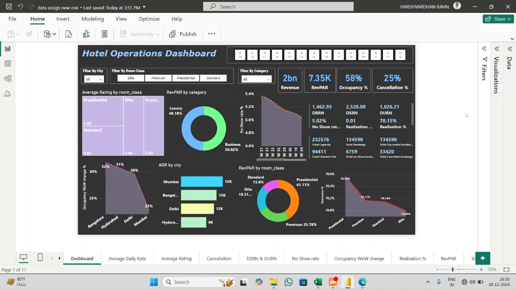Lastly, I want to thank my professor Mr. Haresh Raulgaonkar for guiding us throughout the Power BI journey, starting from importing the Excel sheet to the forecasting and creating the dashboard. He made us understand how to work on the Power BI, how not to get afraid of the Power BI, and with the help of his guidance, I was able to create this hotel operation dashboard. So very thank you, sir,